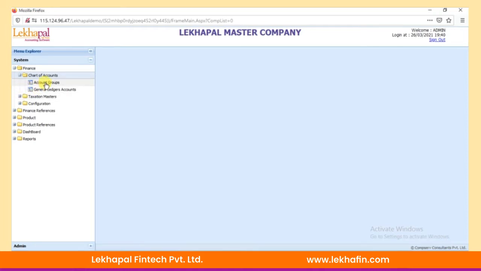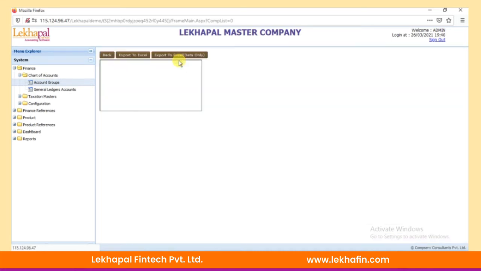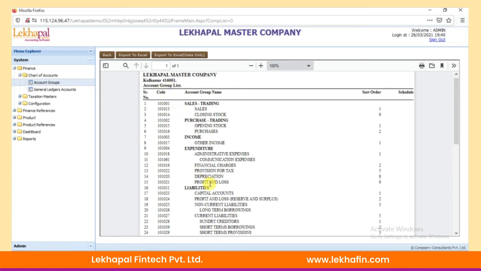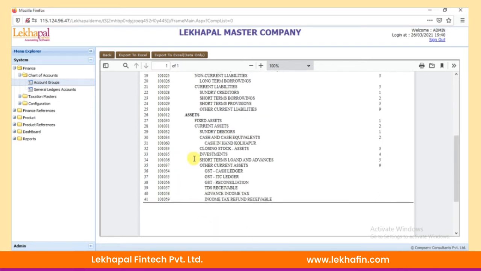Inbuilt in this company, the software provides you the pre-defined accounting groups, which you can see right now: the sale, purchase, income, expenditure, liability. These groups are predefined. We can create groups. Within the groups, we can create subgroups and create ledgers within the groups and subgroups. However,